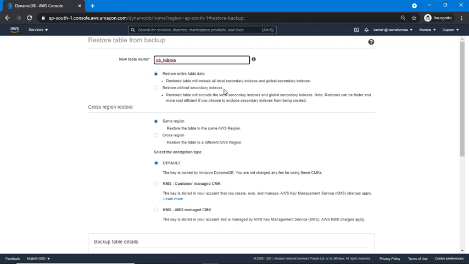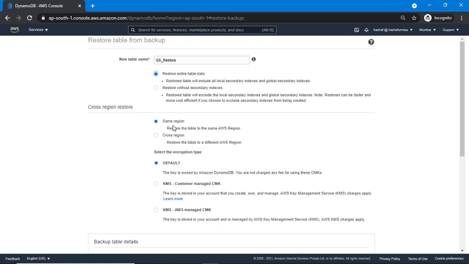If you have some GSI and LSI and you don't want to include those in your restore table, you can just select this option. Or if you want to restore the entire table, you can select the restore entire table data option. Now let's move to cross region restore.